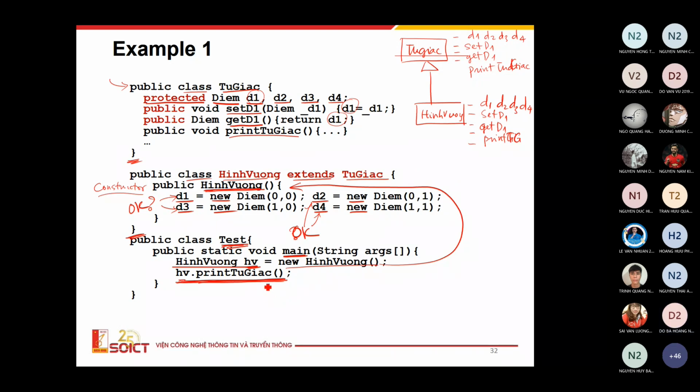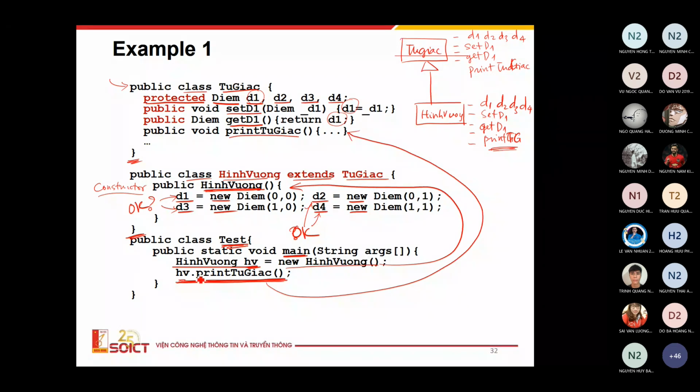It will call the method of the class. I think hình vuông class. Yeah, because print tứ giác is inherited from the tứ giác. So hình vuông point print tứ giác here means it will call the method inherited from the tứ giác nhé,